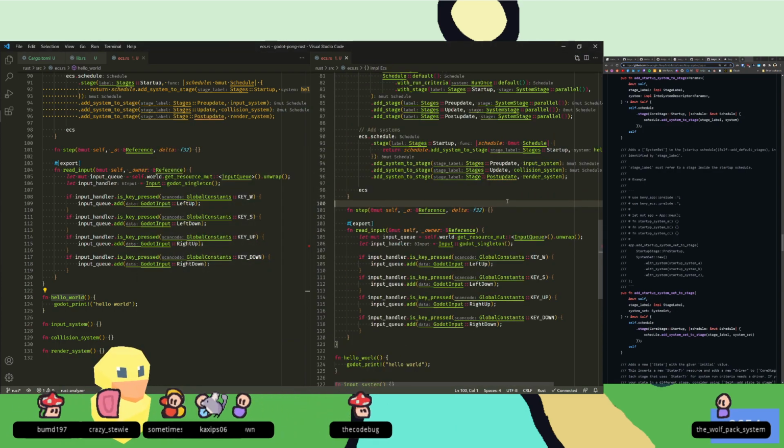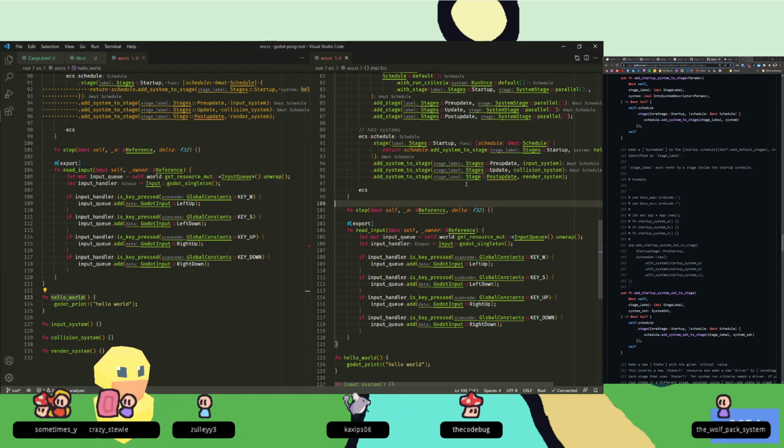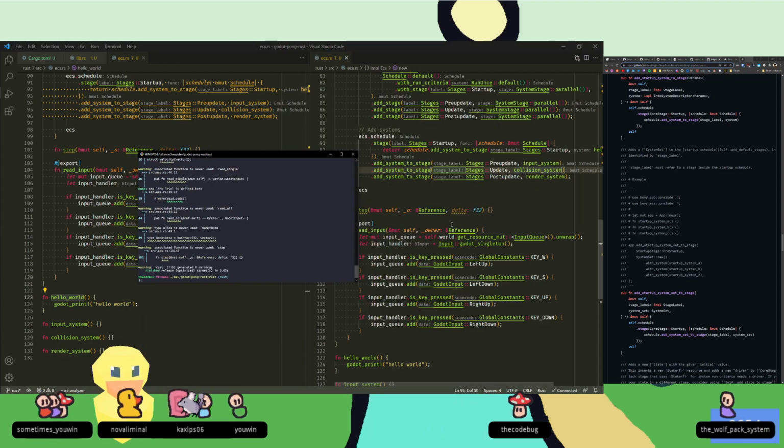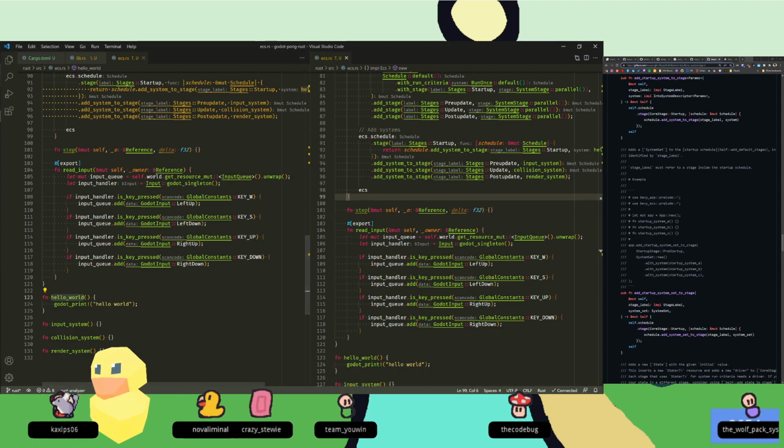Still one error. Post update, is that not what it's called? Stages. Yeah, there we go. Give this a cargo build release. Yeah, there we go. So